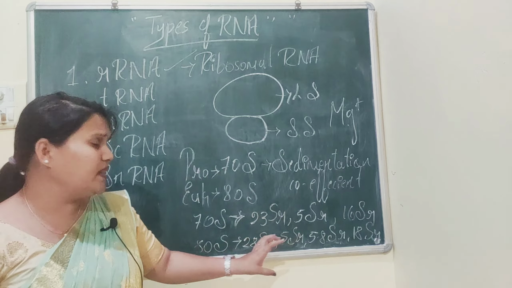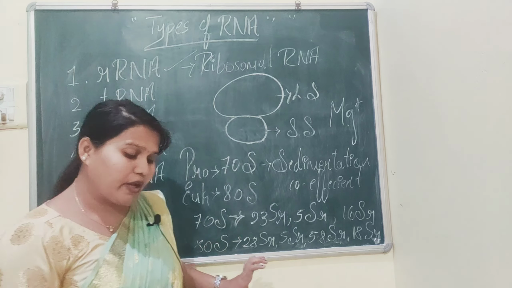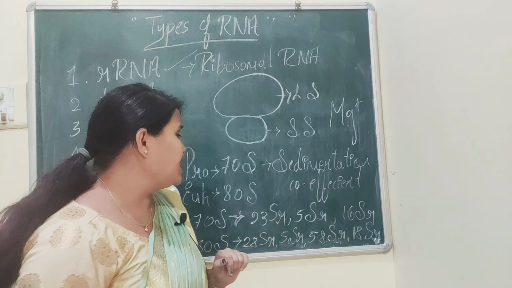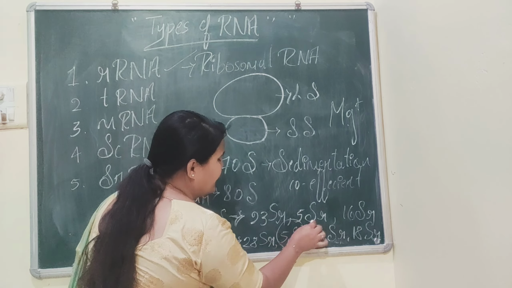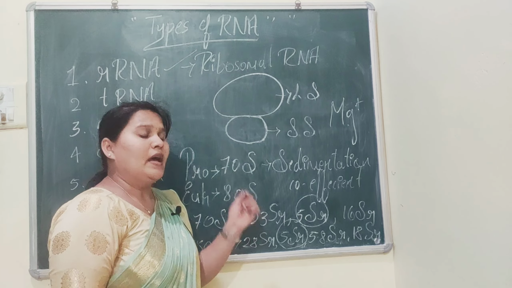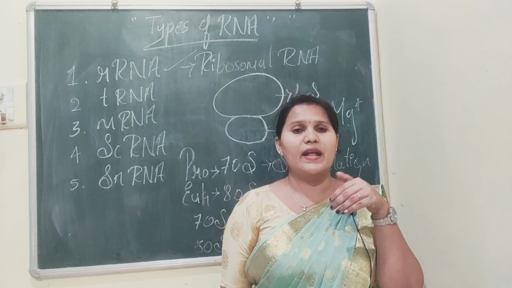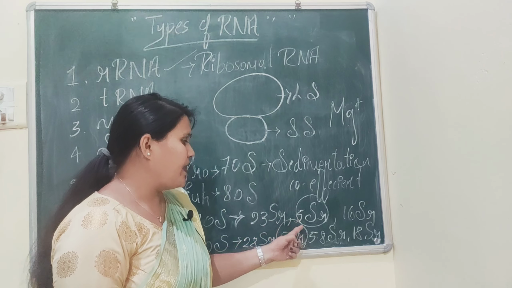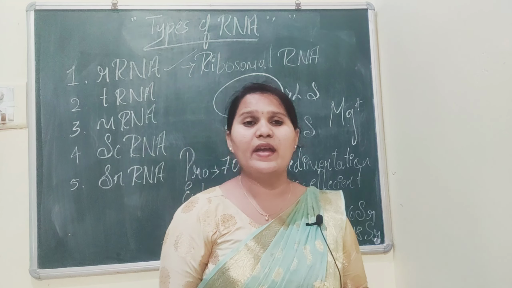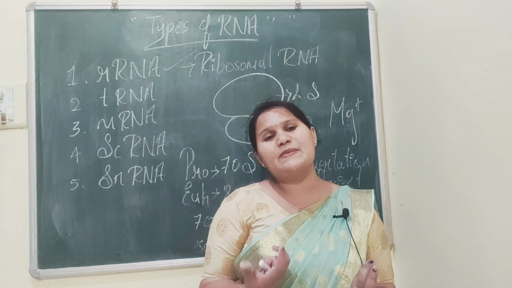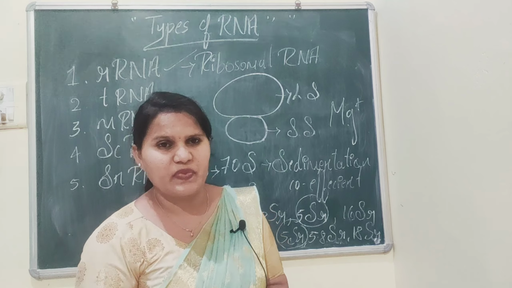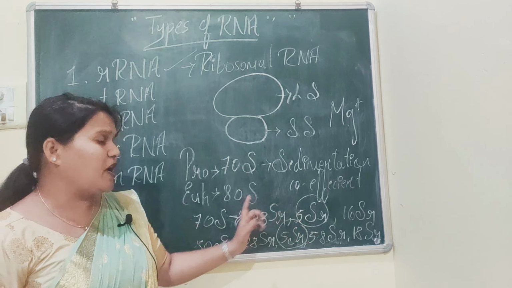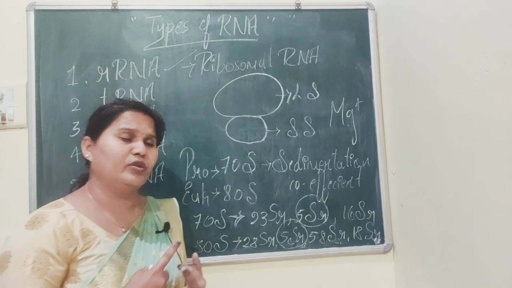Can you see the common thing between these two, prokaryotic and eukaryotic cell? Yes, we can see. What is that? The 5S rRNA. Because in both the prokaryotic and the eukaryotic, we are able to notice which kind of RNA? That is 5S rRNA. Why? Because they are present. So this may be asked in your MCQs. Okay, clear? So note down the different types of rRNA which are present in both the prokaryotes and also the